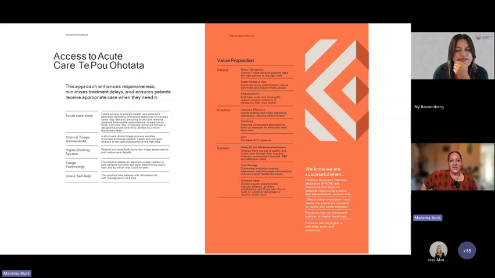One of the things that I find really exciting, and Jess might want to add to this, is around changing the whakaaro of our communities, that the only person that can help you with your medical care needs is a doctor. And what we really want to do is have patients understand the range of people within each practice who can actually help them to come to a decision or a pathway for the care that they need.